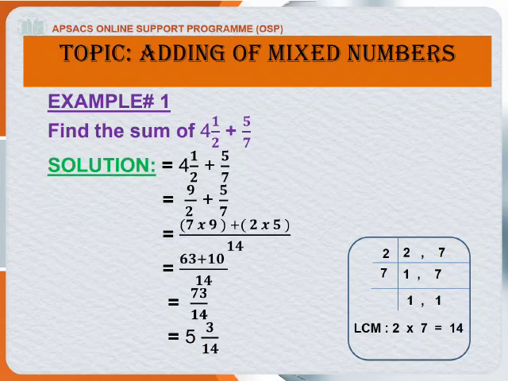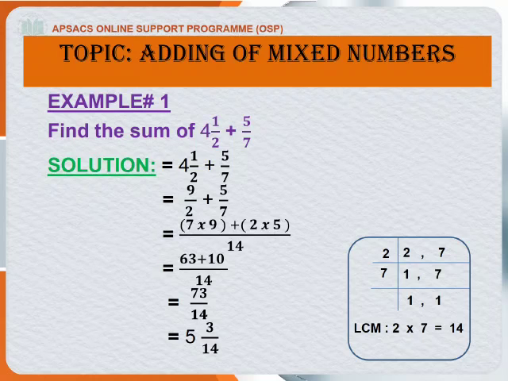After changing the mixed number into an improper fraction, check the denominator. Both denominators are different. One is 2, another is 7. So by the LCM method, we will make the denominator the same. Write 2 and 7 in the table. Take the table of 2. 2 1s are 2. 7 cannot be divided by 2. Write 7 the same. Next we take the table of 7. 1 remains the same and 7 1s are 7. LCM, 2 multiply 7 equal to 14.